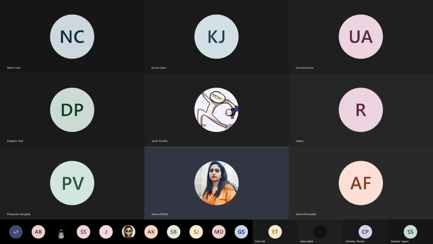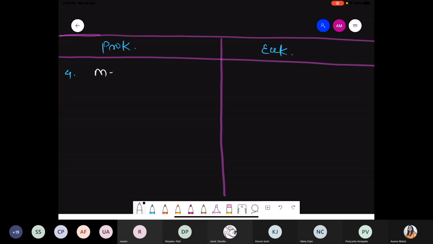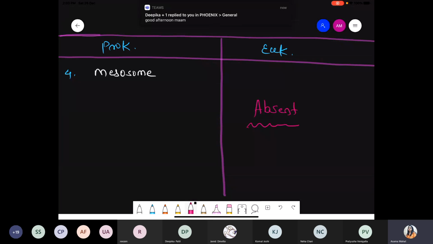Today we start with the next part with respect to mesosome formation. Mesosome formation is totally absent in case of the eukaryotic system. So whatever mesosome part is there, we have to focus on the bacterial cell in case of the prokaryotic system. In case of the mesosome formation,